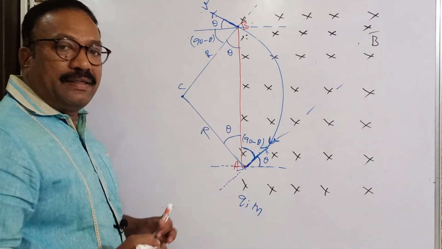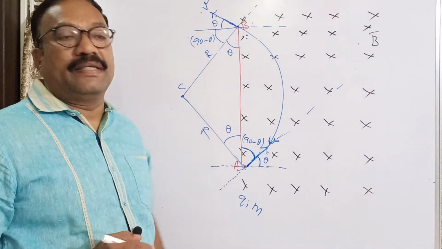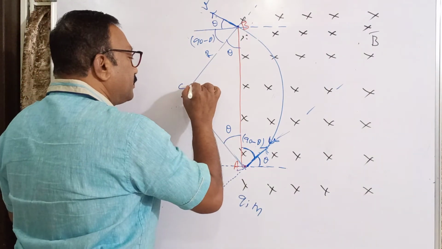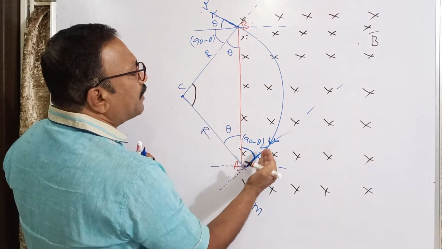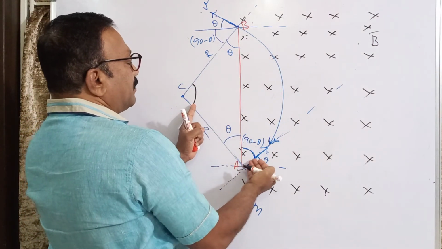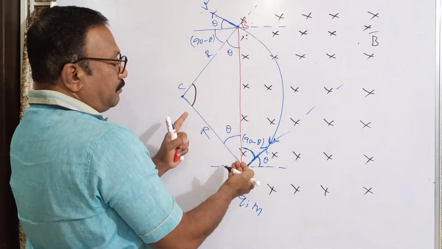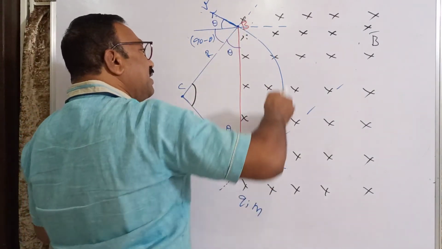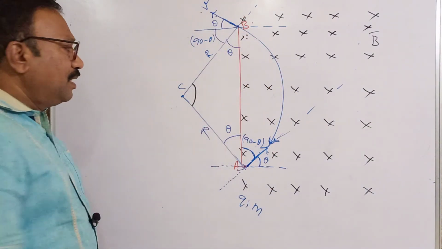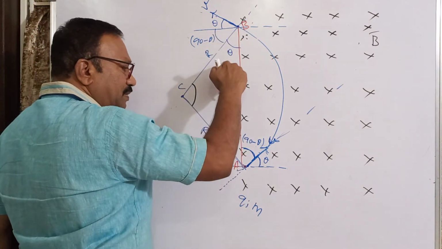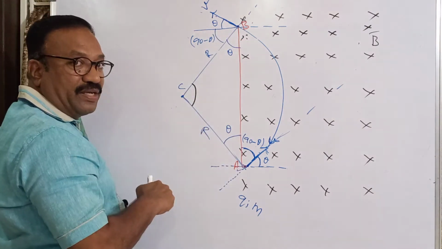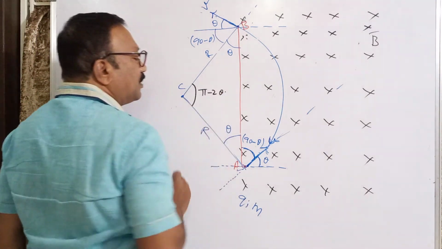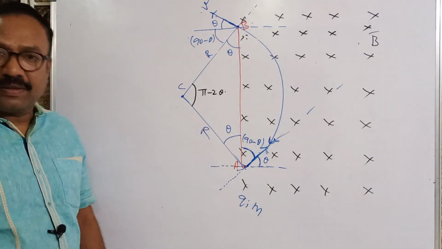So what is the angle that it has covered at the center? I want this angle now. See, as the particle is revolving like this, it is covering this angle. So what is the angle that it has covered? And how much angle it is deflected means this much angle it is deflected. So, the sum of the three angles is 180 degrees. Theta plus theta plus this angle is 180. So how much is this angle now? 180 minus 2 theta. So let us answer the questions now.